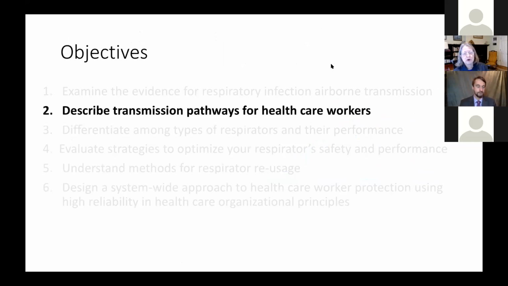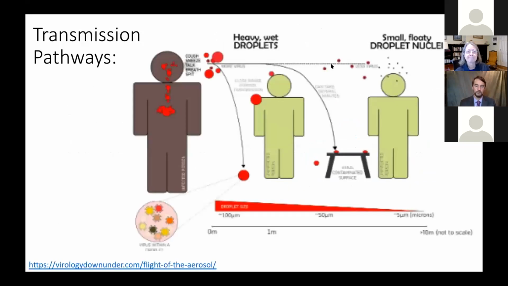Okay, so let's talk more about the transmission pathways. Next slide. Here are transmission pathways. On the left in brown, you have an individual who has the COVID virus. And they may be coughing, sneezing, talking, breathing, singing, spitting, many different ways that viral particles can get launched into the atmosphere. When they were doing the nasal swabs, we had a webinar with China, and they were showing how the healthcare workers would stand at the side when they did the swab. So if a person were coughing, that aerosol would be launched forward where they would be off to the side. So think about where the aerosol is.